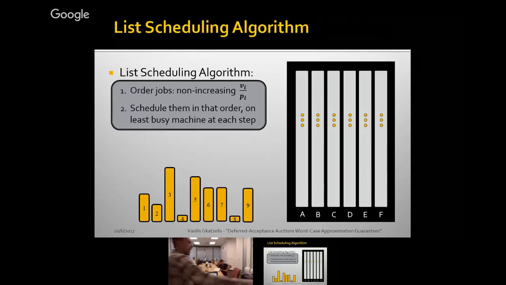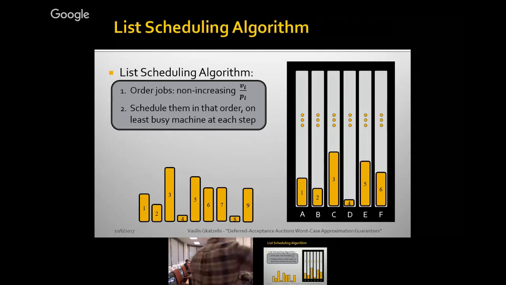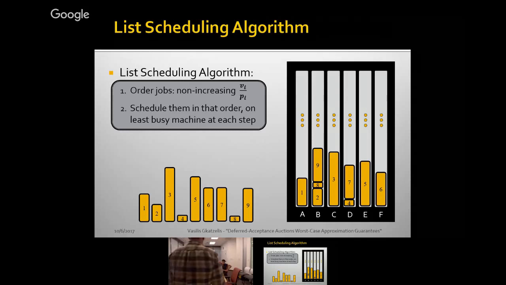In other words, let's say these are the processing times of the jobs that I have available. And let's say I've ordered them based on that. I'm not showing the weights, but let's say I've ordered them in that order. So the way it would look, I would take job 1, assign it here. Job 2, assign it there. 3 here, 4, 5. Initially, it's obvious which one's the least busy. The tricky thing is when I arrive at 7, I look at the machine which is least busy. So this one's D, so I schedule it here, 8 here, 9 there, and so on.